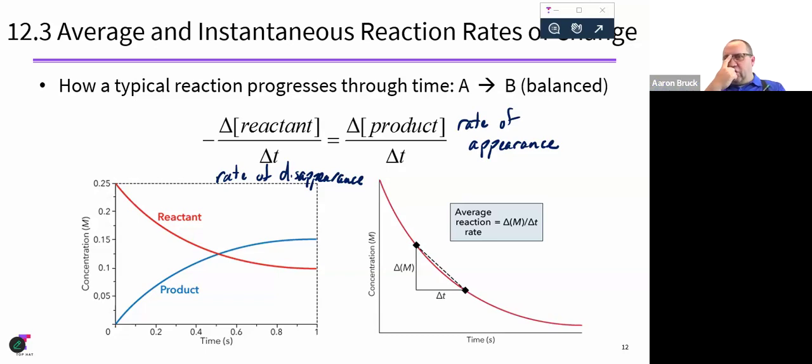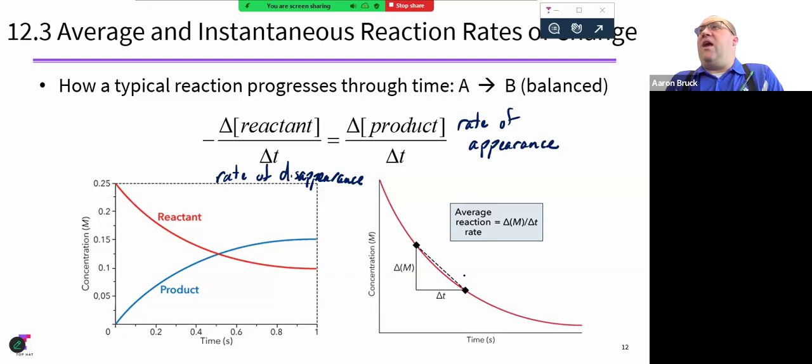Now we can measure this change in concentration a number of different ways. One of the ways that we can measure that rate of change is through something called the average reaction rate. And all that we do to calculate the average reaction rate is we pick 2 points on the graph and we monitor the change in concentration divided by the change in time. So if I wanted to look at the rate of change for this product, I could pick 2 different times on the mark,